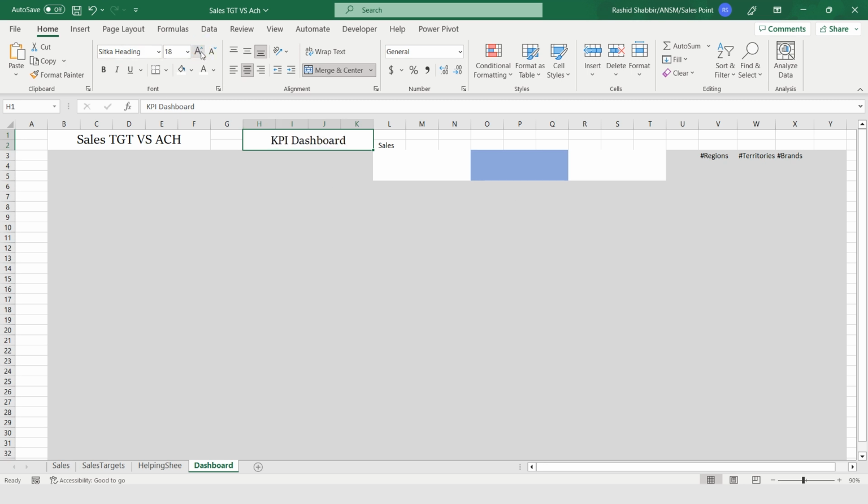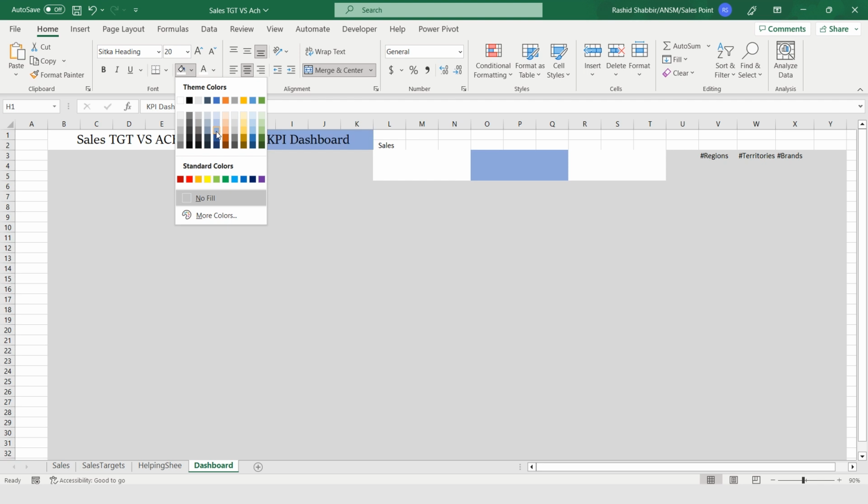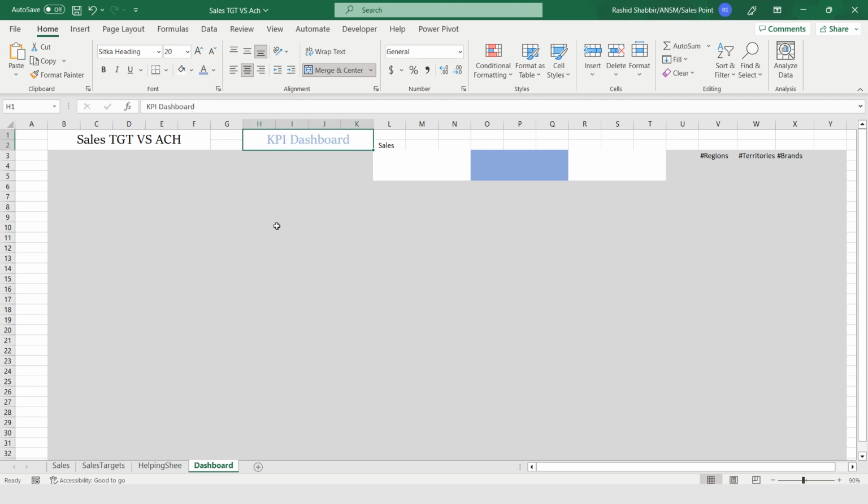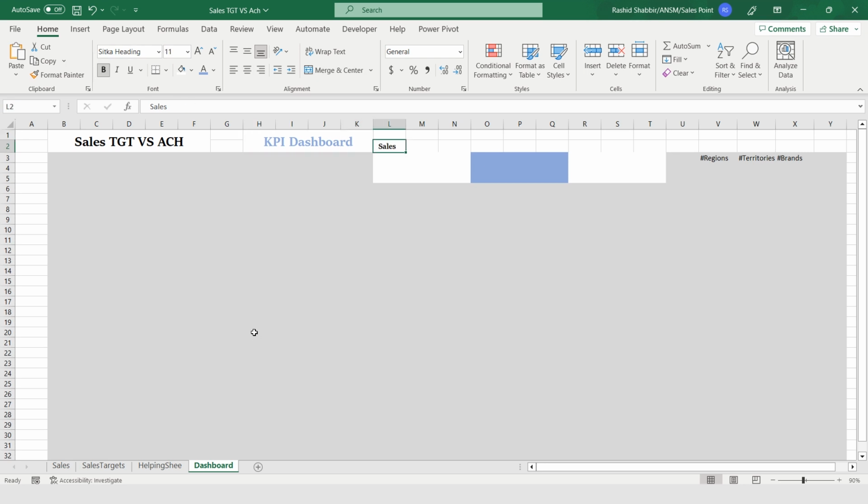And increasing the font size, changing the font color to this one, making it bold, and applying this as well. Here are my retail sales, wholesales.